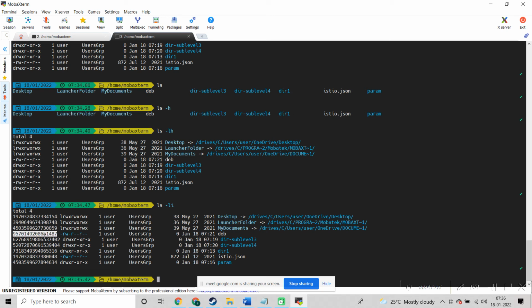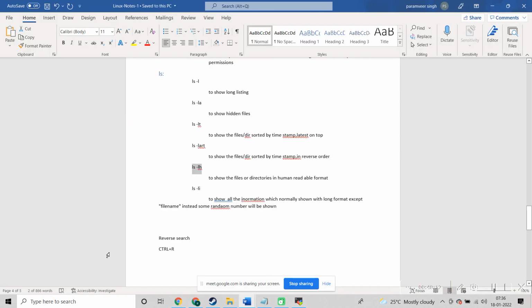This is an interview question most people ask in Linux. It's a unique number, because at two places the same file name can be there, right? So everything has some unique number, and basically this data structure is maintained inside our OS through the inode.